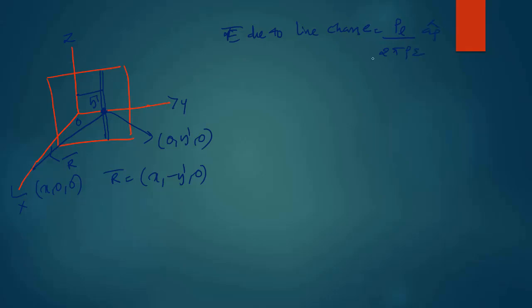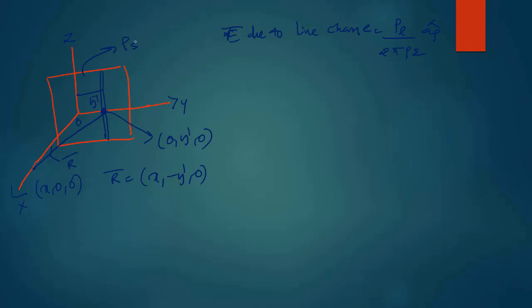Rho L is the line charge density, 2 pi is a fixed value, epsilon is the permittivity, which is also fixed, but rho is the perpendicular distance from the line charge to the observation point, and a rho cap is a unit vector in the direction of rho increasing. Okay, so like this we have to take, but we are working with sheet charge, which has the surface